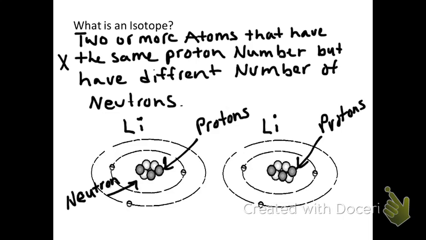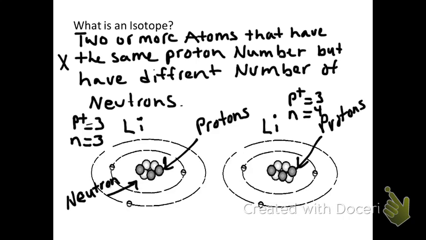So the neutrons are in white for each one. How many neutrons does this particular element or atom of lithium have? That's right, 3. So we're going to say that it has proton number 3 and neutron number of 3. Our other atom over there has proton number of 3, which makes it a lithium atom, and it has 4